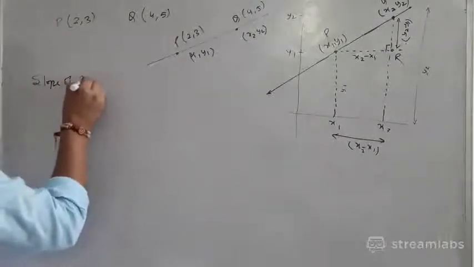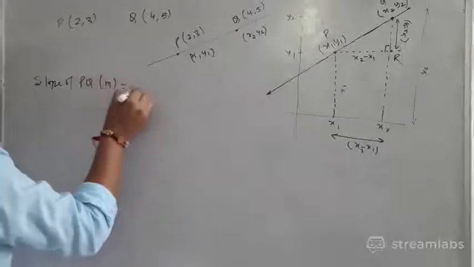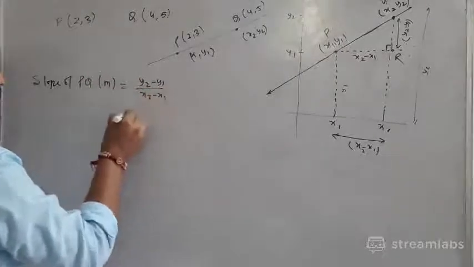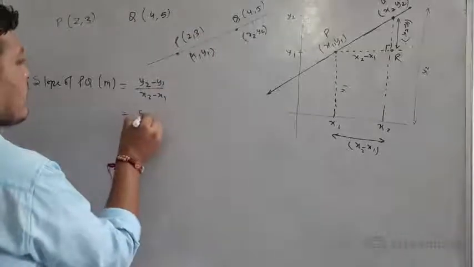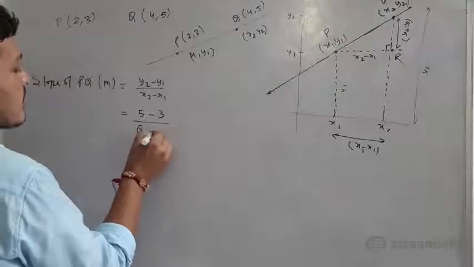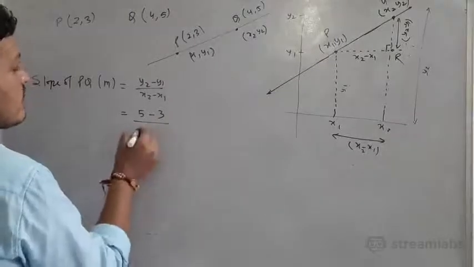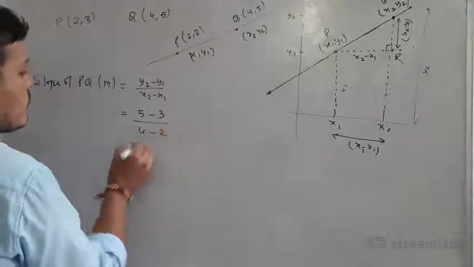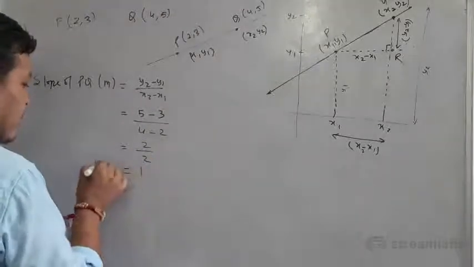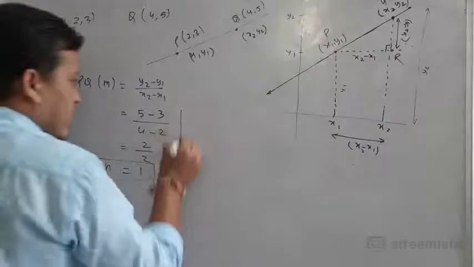the slope of PQ. Let this be m. m is equal to (y2 minus y1) upon (x2 minus x1). What is y2? y2 is 5, minus y1 which is 3, upon x2 which is 4, minus x1 which is 2. So the answer is (5 minus 3) upon (4 minus 2), which is 1. The slope is equal to m, that is 1. And then the equation of